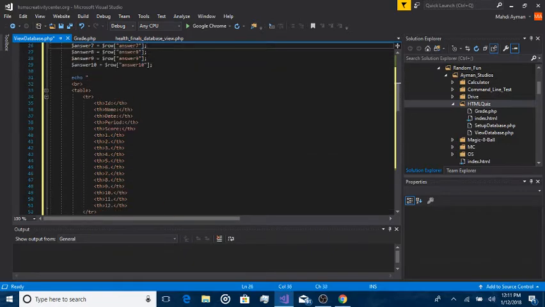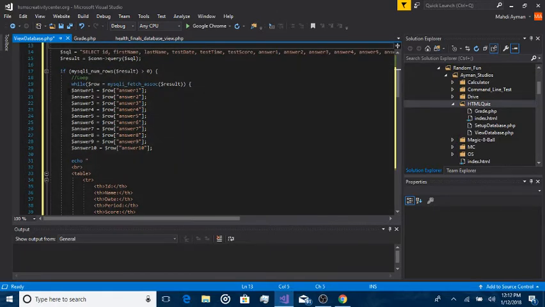Echo. Okay, so right now we've just set a couple of variables. These are just the answers to the questions that have previously been submitted into the database. As of now, we only have values for answers 1 and 2, but at the end of this live stream, we will have answers 3 to 10. So then echo, and then press enter, and then we're going to create our